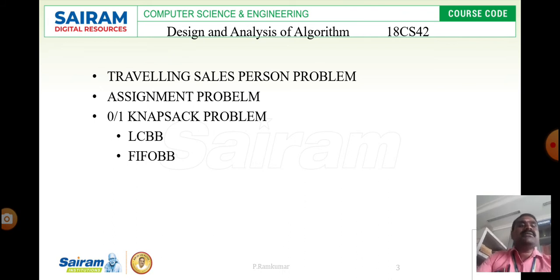Next problem is the assignment problem. As I said before, we have to assign multiple jobs to multiple workers. Our objective is that the workers need to produce maximum effort to give an optimal solution. Maximum effort means they have to work hard. In the real-life example, they have to work hard, they have to produce a better result.